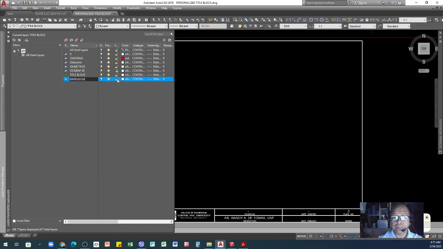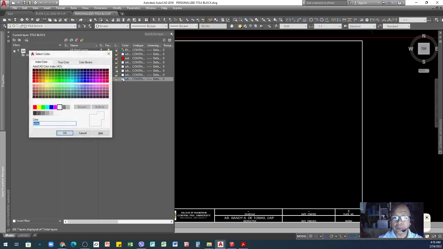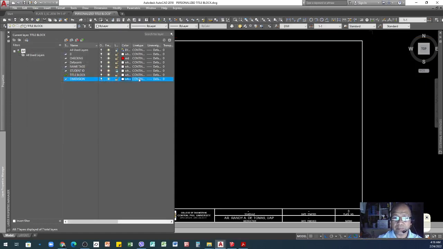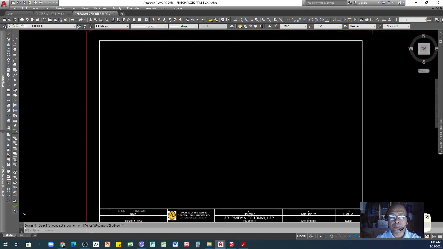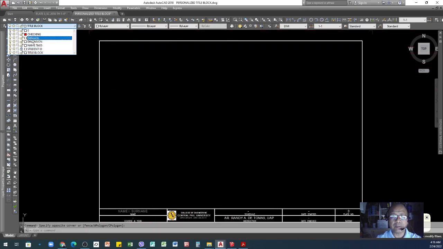For the color, you can set any color you want, but to have a setup for your dimension, we can go to dimension style later. So we can just leave it as white or whatever, then the line type will be continuous, and that's it. Now you have added your dimension layer here.